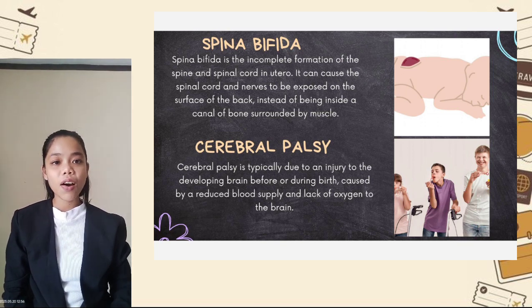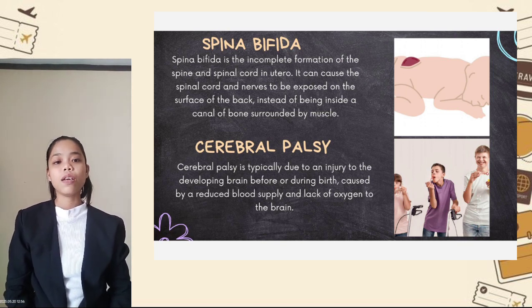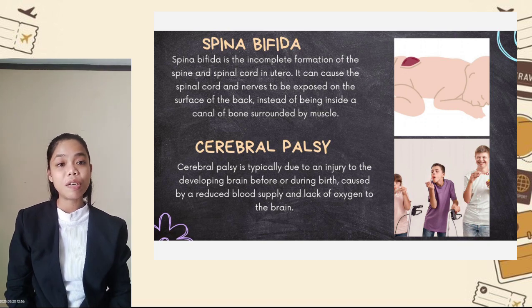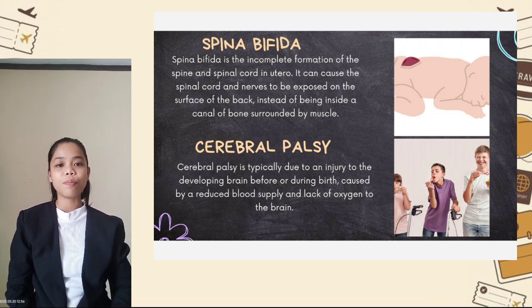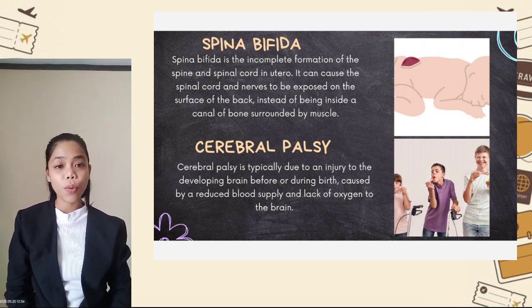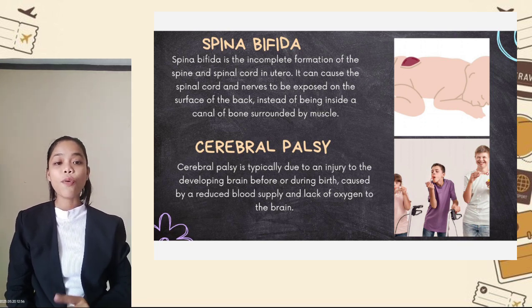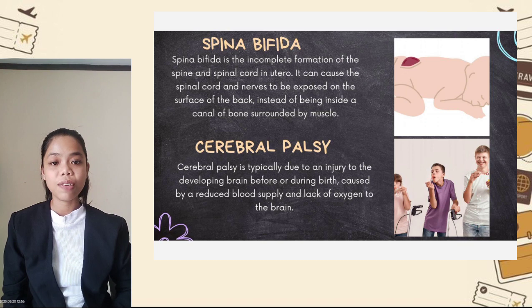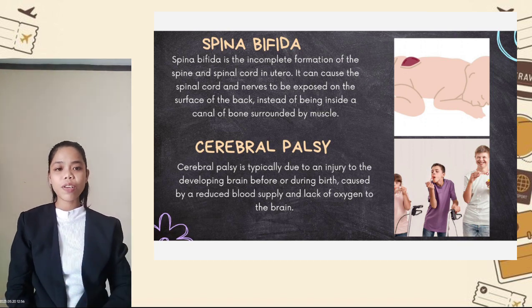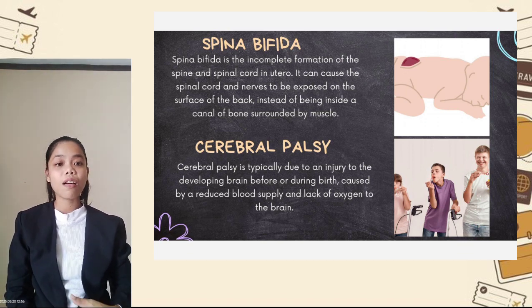Instead of being inside a canal of bones surrounded by muscle. So people with spina bifida experience a range of mild to severe physical disabilities, including paralysis or weakness in the legs, bowel and bladder incontinence, hydrocephalus, or too much fluid in the brain cavities, deformities of the spine, and learning difficulties. So the cause of spina bifida is not well understood, but it is likely caused by